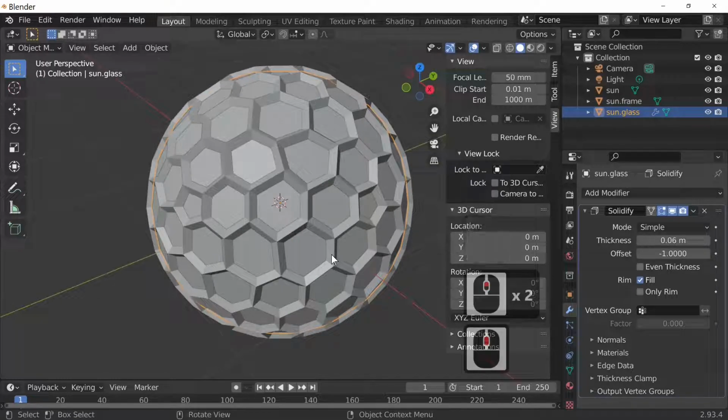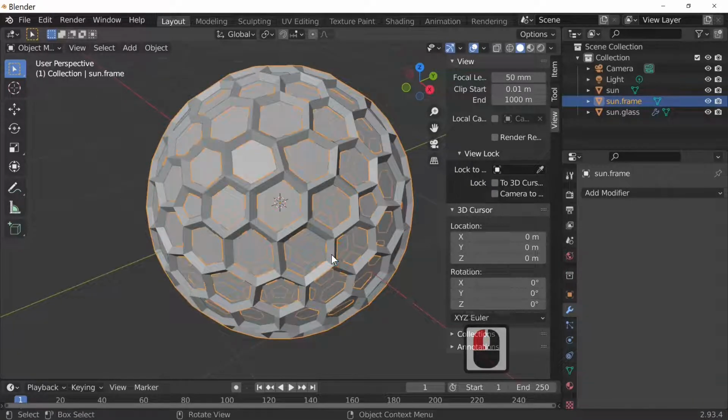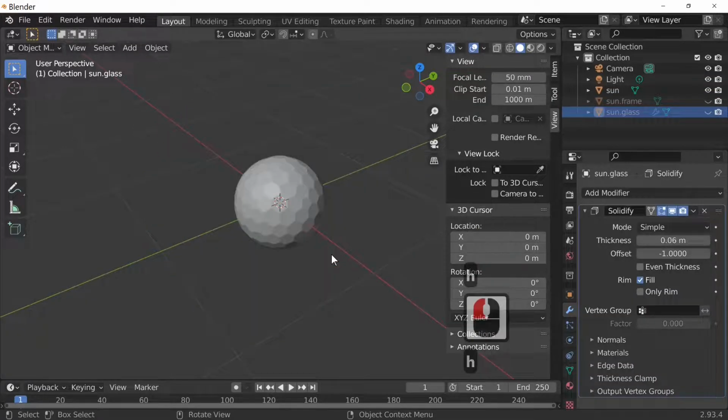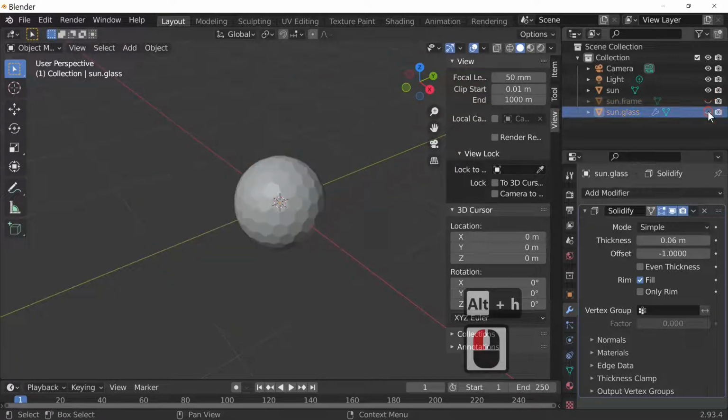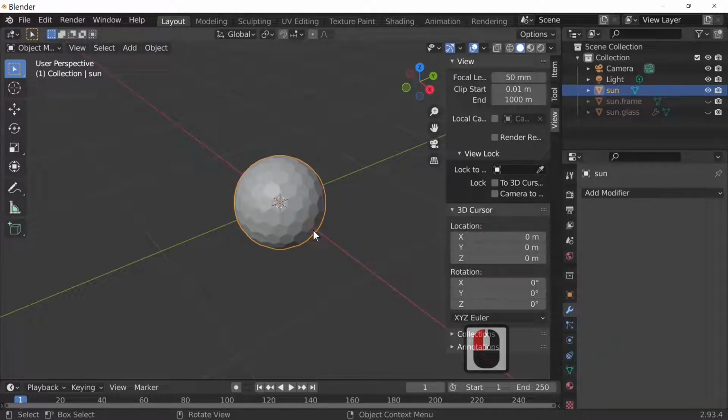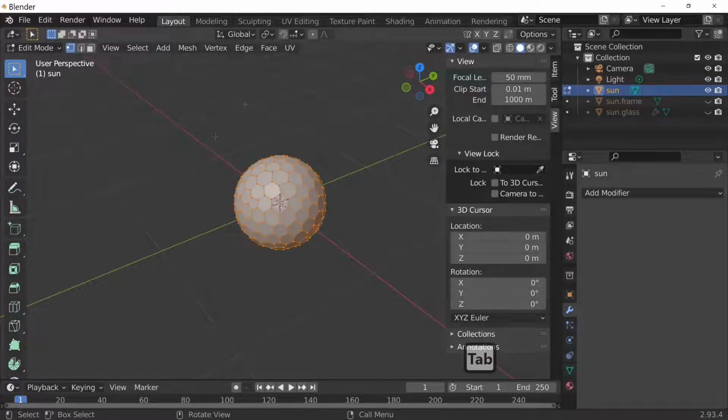So all I'm going to do, you can actually hide things by just pressing the H key like so. Alt and H will actually make things reappear, or you can actually toggle it by just hitting the little eye there. So that's what I'm doing, and I'm now selecting the actual sun. I'm just going to press the Tab key to select my sun. If you've got everything selected like this, we don't actually want everything selected this time, so I'm just going to press the A key until everything is deselected. Press the A key, double hit it until everything's deselected,